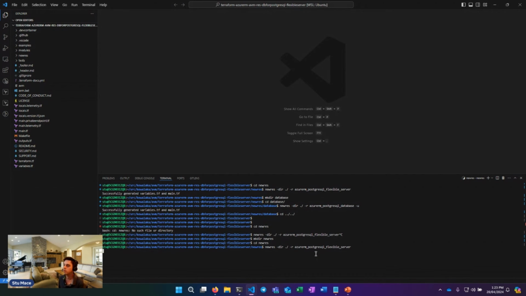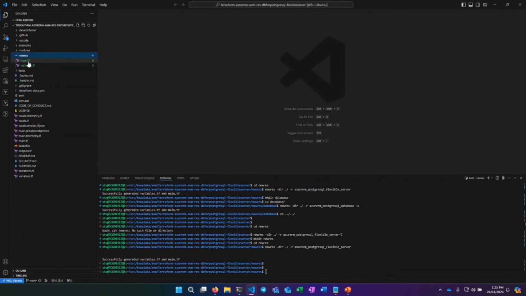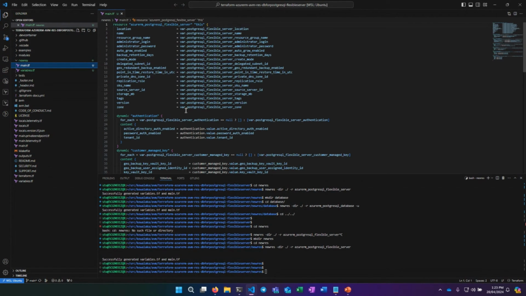Pretty please. There we go. So with very limited effort, we've got a flexible server using NewRes. There is a little bit of tidying up required in order to fit the AVM naming guidance, but obviously this is a huge time saver when it comes to creating these modules.